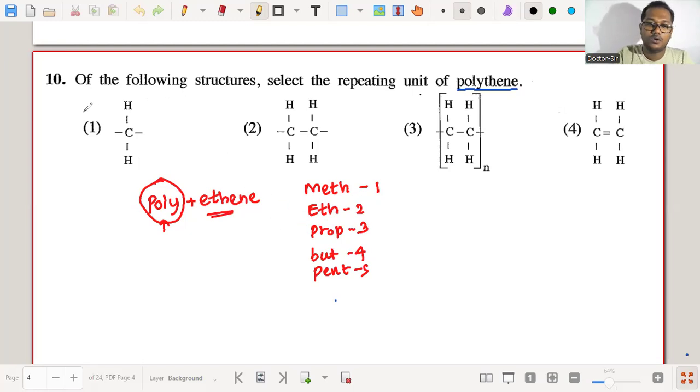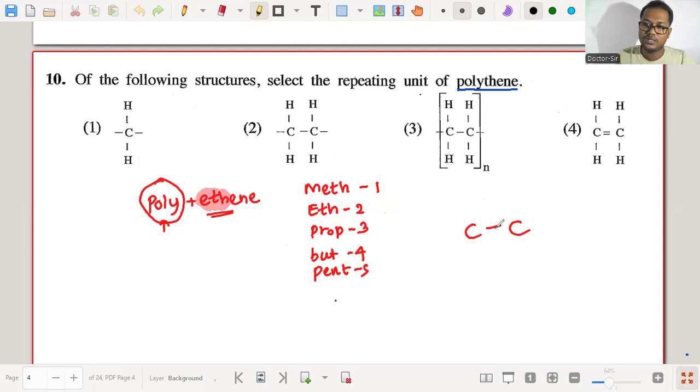Now tell me what is the number of carbon here. So here the term they use is ethene, right? So we can identify the number of carbon should be 2. So I will draw the 2 carbons. Then I have a question. Is that